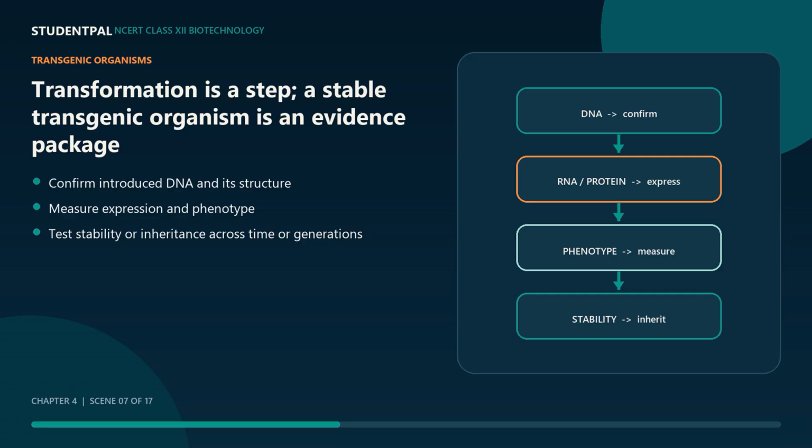In microorganisms or cultured cells, stability during repeated growth may be important. Position effects, copy number or rearrangement can influence expression, so independent transform lines should be compared. The final claim must match the evidence. DNA presence, expression, phenotype, and stable transmission are distinct levels. A strong answer follows delivery, selection, molecular confirmation, expression, phenotype, and inheritance, rather than treating the word transgenic as proof